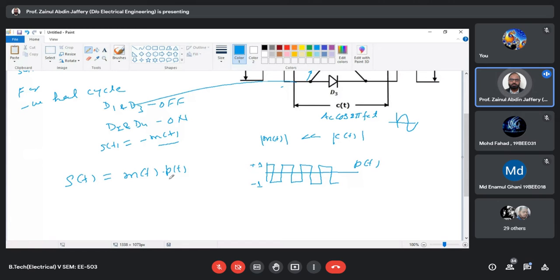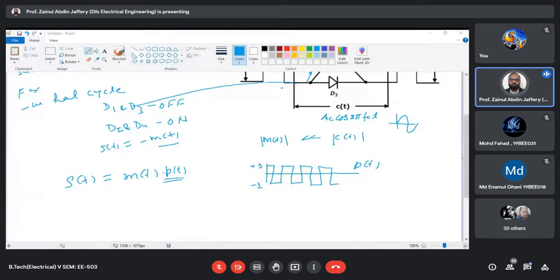So when this is positive you will get plus m(t), and when negative you will get minus m(t). So this whole circuit can be mathematically modeled as a square, sinusoidal square. I mean, it's a rectangular pulse. It may be rectangular, it may be square, doesn't matter. It may be a rectangular pulse. So now how to, if you take this signal, again I told you that you have to take the Fourier transform. So if you take the Fourier transform of this p(t), you can write this as